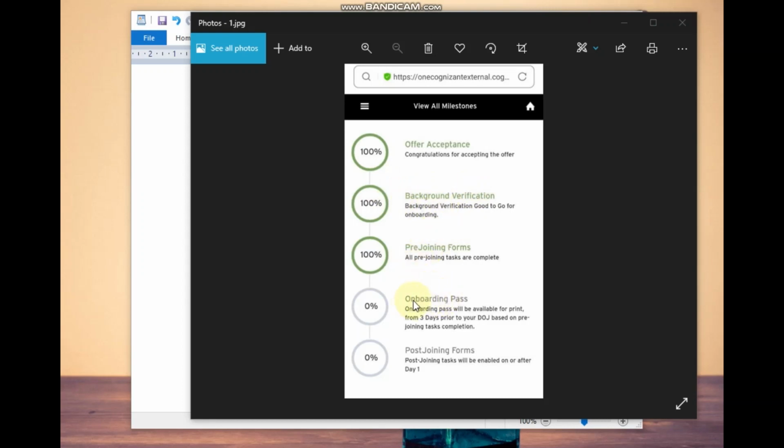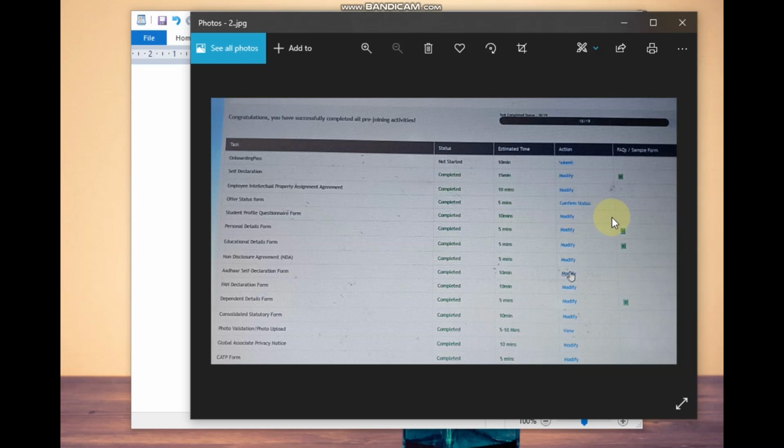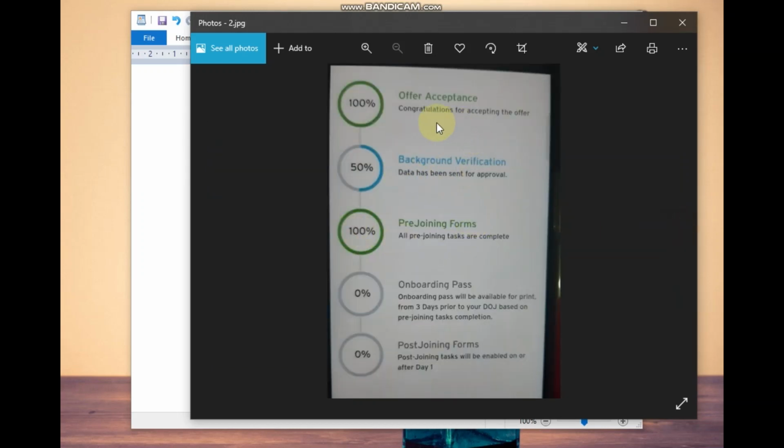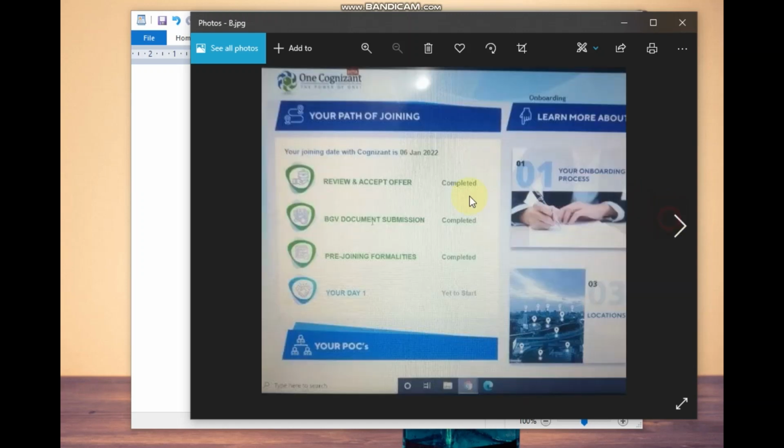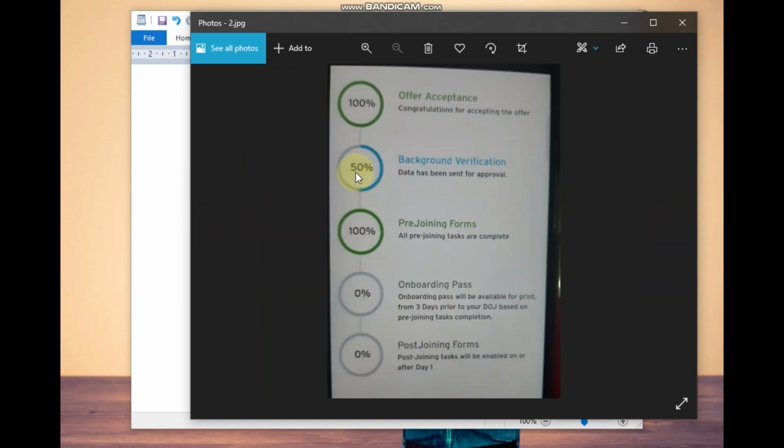So suppose someone is getting this, that in their portal their background verification is completed, but in mobile it shows only 50%. So see guys, it says that data has been sent for approval. It means that it is in the approval process.